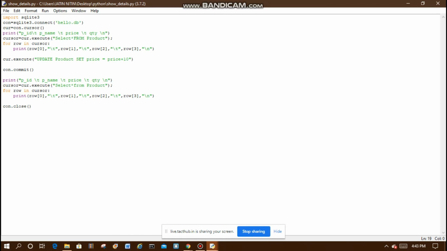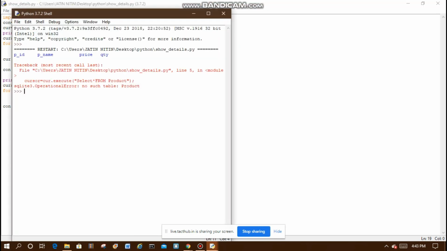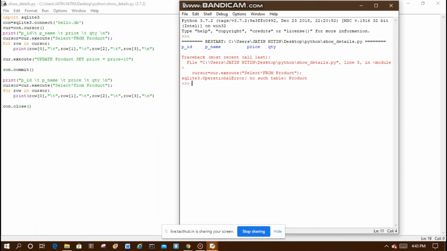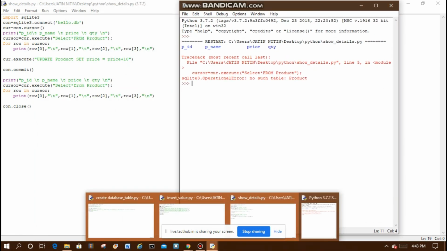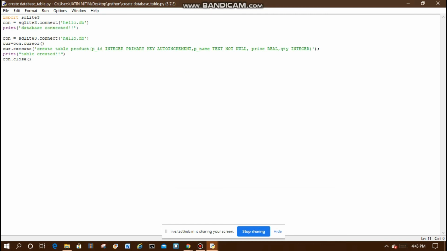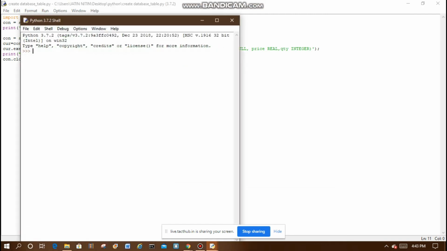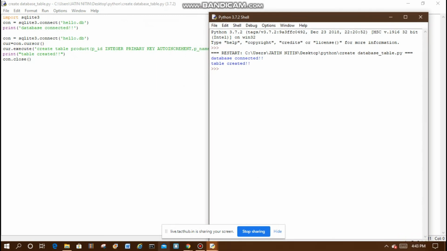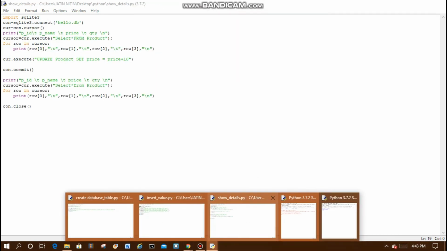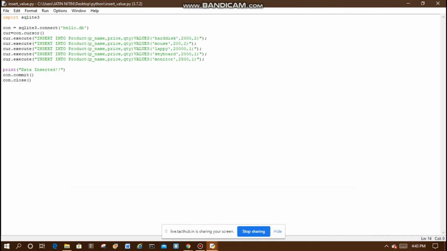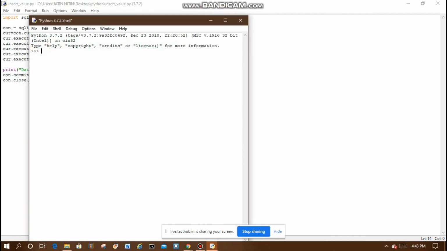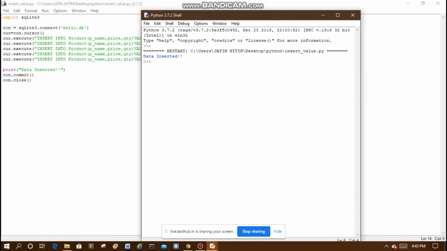So let me run this program. Basically it is showing an error because we have not run this earlier, but the database is created and the table is created. Now we have to insert the values, so the data is inserted.